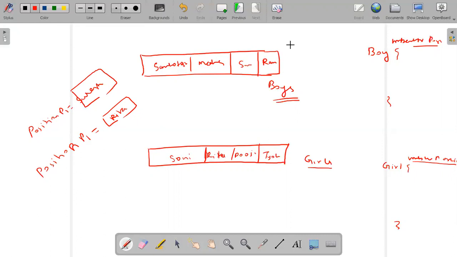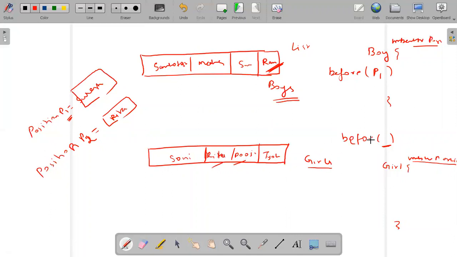So here, this list has one method called before, and here I am passing P1. This method also has a before method, and here also I am passing P1. Let's say here it is P2. If I pass P1, it's showing before Suresh. So before Suresh, who is there? Ram is there, right? Here I say before Rita. So who is there? Pooja will be returned. Pooja is there. Okay, that's cool.